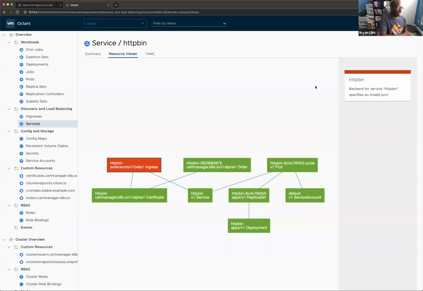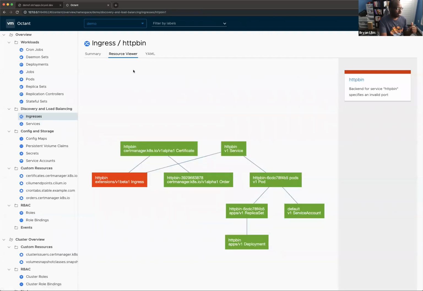And actually, let's go look at this ingress before we fix it. It says, this is the reason why it thinks it's not working. It says backend for service HTTP bin specifies an invalid port. What we've done here is we built a system where we can actually write checks for objects to make sure they're correct. And one of the checks for an ingress is actually looking at the service and seeing if the ports match up. So if we go look at this bad boy and we look at the YAML for it,